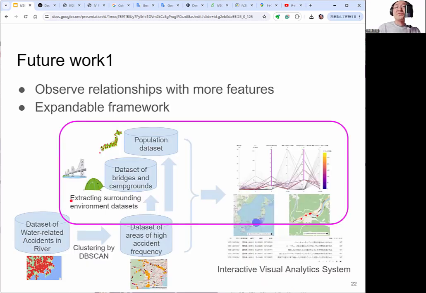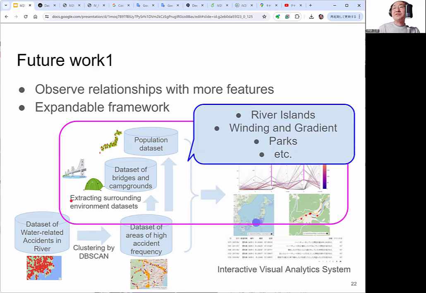So future work. I want to observe relationships with many other features, such as river islands, number of river islands, shapes of river, gradient of river, and parks. Are there any parks or not, and so on.